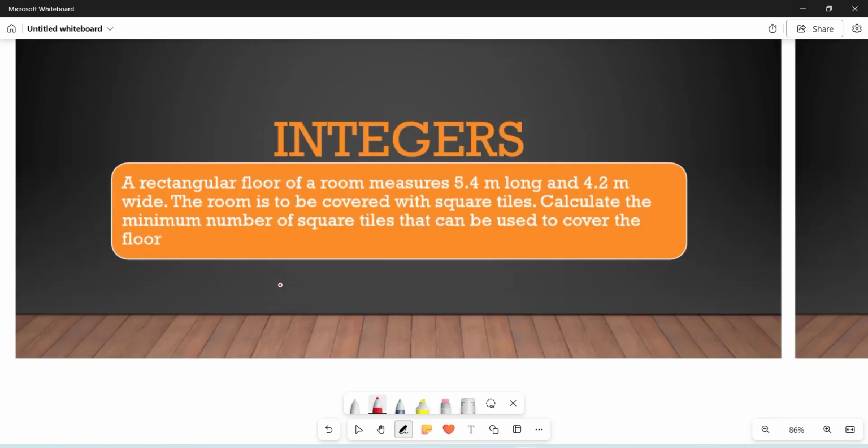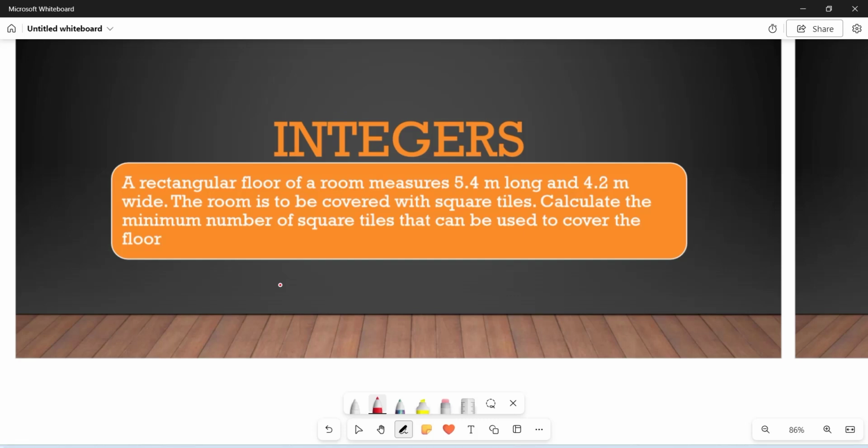The next question: a rectangular floor of a room measures 5.4 meters long and 4.2 meters wide. The room is to be covered with square tiles. Find the minimum number of square tiles that can be used to cover the floor. Now, the first thing we need to do is to find the greatest number of square tiles that can